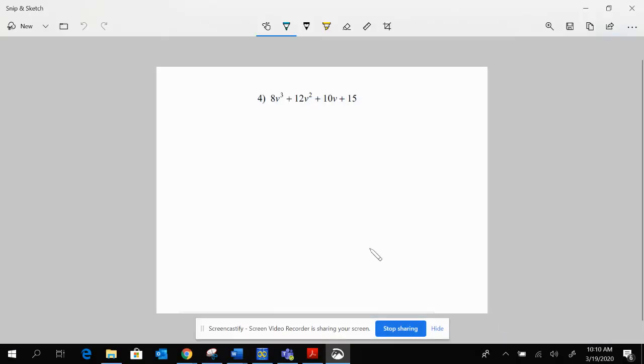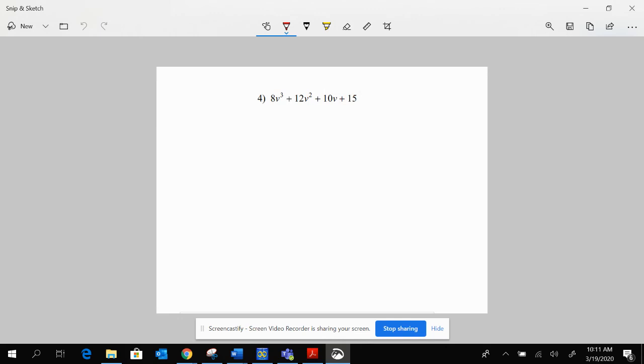All right, so number 4 is telling us to factor by grouping. The dead giveaway is 4 terms. So we know we can't do the two sets of parentheses for trinomials, and we can't do GCF. And so we're going to do factor by grouping. So the first step